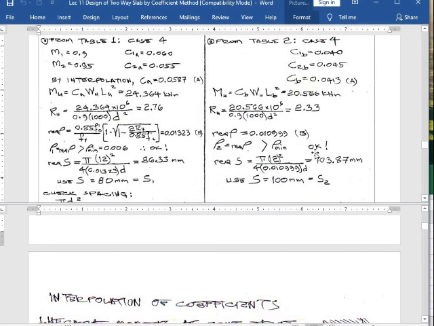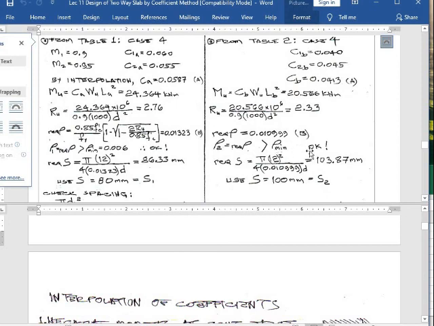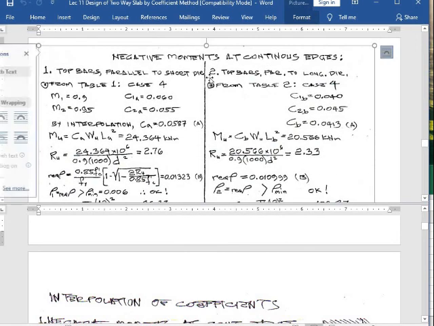Store that to B. This time, you compare that again to rho minimum. So, greater siya, kaya okay. Also, this is now your rho 2. Tapos, yung required S, 103.87. Again, you round down, this becomes now 100 mm. Or this is now your S sub 2 para sa bar number